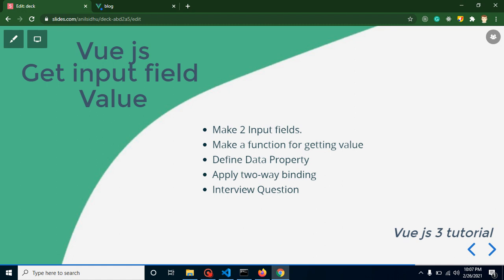What is two-way binding? I already explained it in the last video. The link is given in the description box if you want to watch that video. And at the end I will ask you a question. I will even provide the answer to that question, but the example for this interview question I will provide in the next video, because the explanation needs a separate video, and this is a really good video for interview questions. If I do these things in that video, then this video will become very lengthy, so we will make a separate video for this interview question.